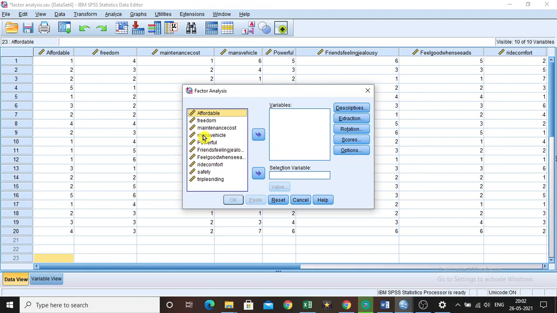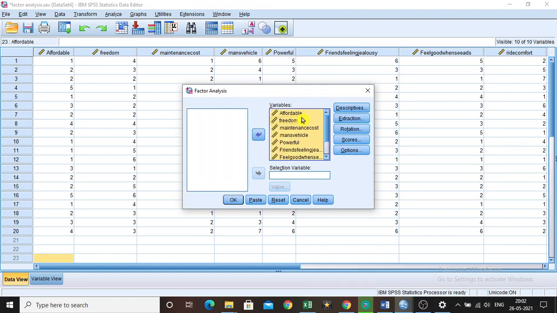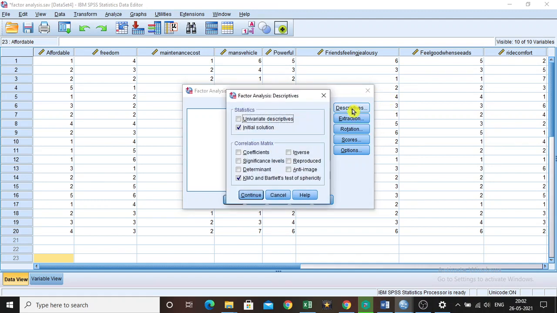For that you can click one by one and import the data into the analysis box, or you can simply press Ctrl A on your keyboard so that all the variables are selected, and then import them into the variables box. Now you have to select a few options in these boxes, like descriptives.